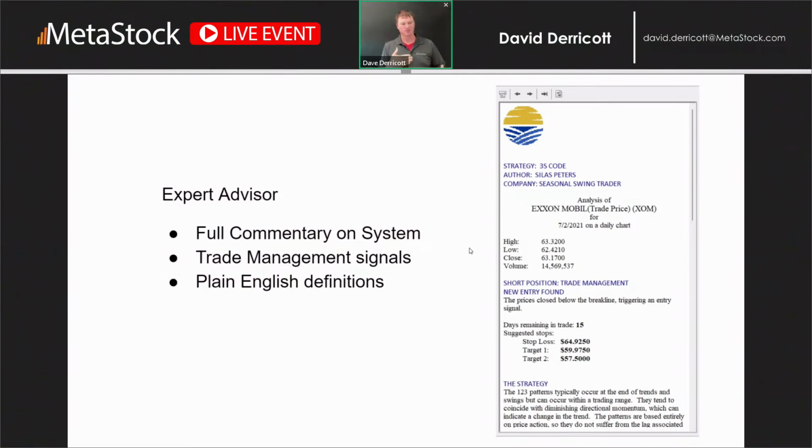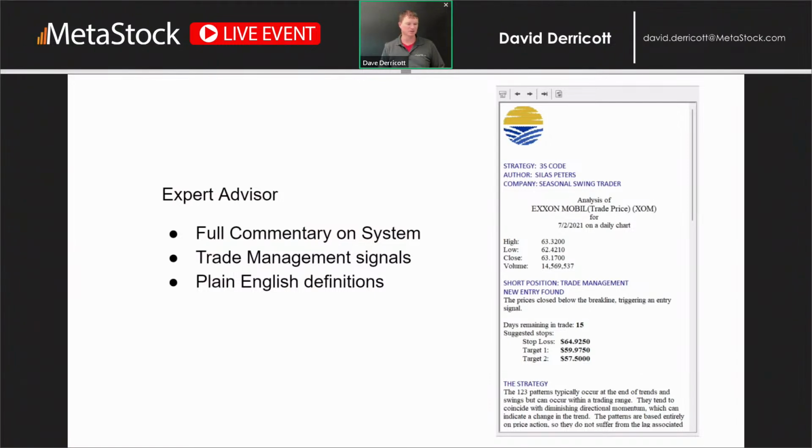As you can see by the image that we have, it gives you the high, low, and close, the volume, whether a short or long position was triggered with the trade management, and how many days remain in the trade. If you don't get the signal within 15 days, then the trade would cancel itself. You'd set your stop loss and also your initial targets if you want to do it that way.